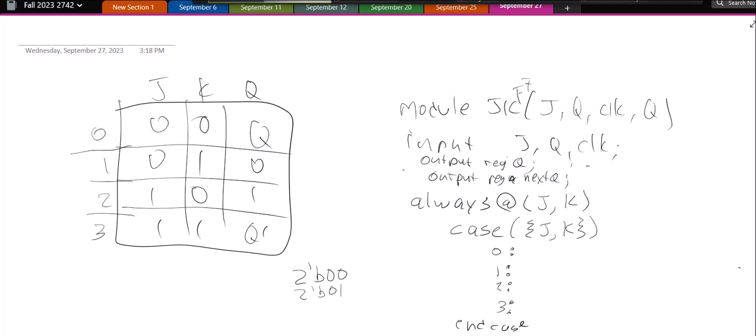So when JK is 0, next Q equals Q. When JK equals 1, next Q equals 0. When JK equals 2, next Q equals 1. And when JK equals 3, next Q equals not Q. So now we're all set up. So if J and K change, we're ready. And then at the next edge of the clock,